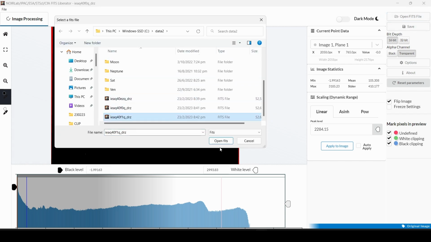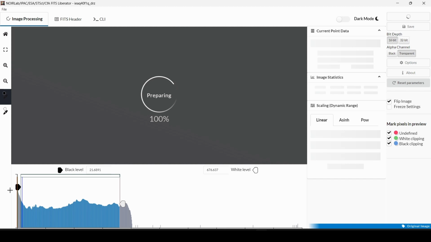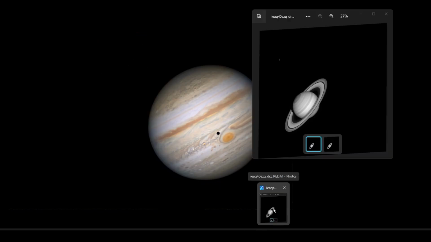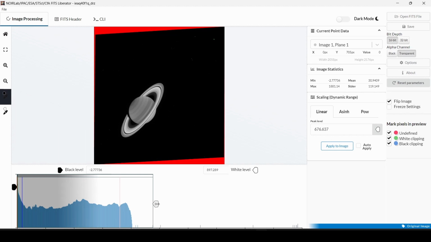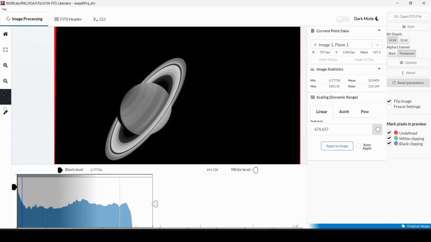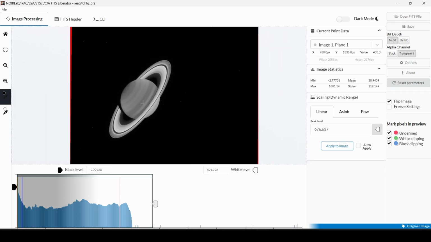and open the blue over here. And for this one, we pretty much just do the same thing. But I noticed that the levels is of course different, but you want to make sure the brightness of the rings is somewhat similar, and we'll save it like this. Saturn usually is quite dim in blue, especially the disk. The rings are quite bright though in blue. So now we can close FITS,